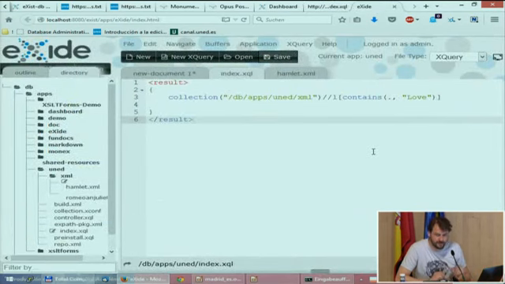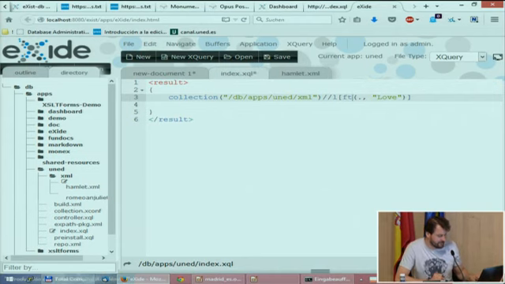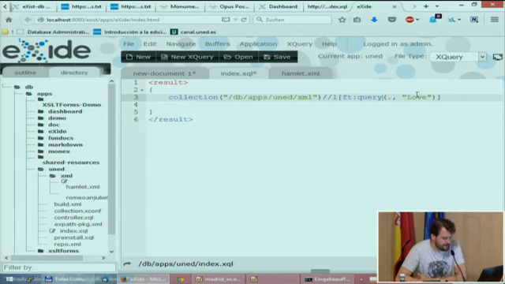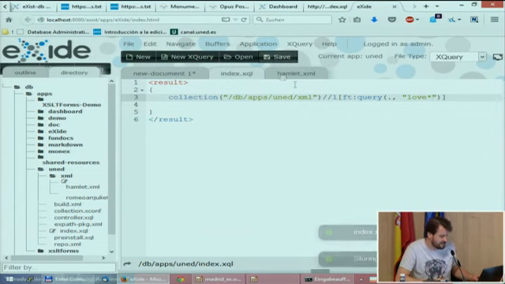So you can use another function. You can use the full text index I mentioned before, the Lucene-based full text index, and there you just change contains into FT, which stands for full text, the namespace full text, colon, and then you use from this namespace the function query. And there you can use love, you can use wildcards like the star or the question mark, and when you save this,